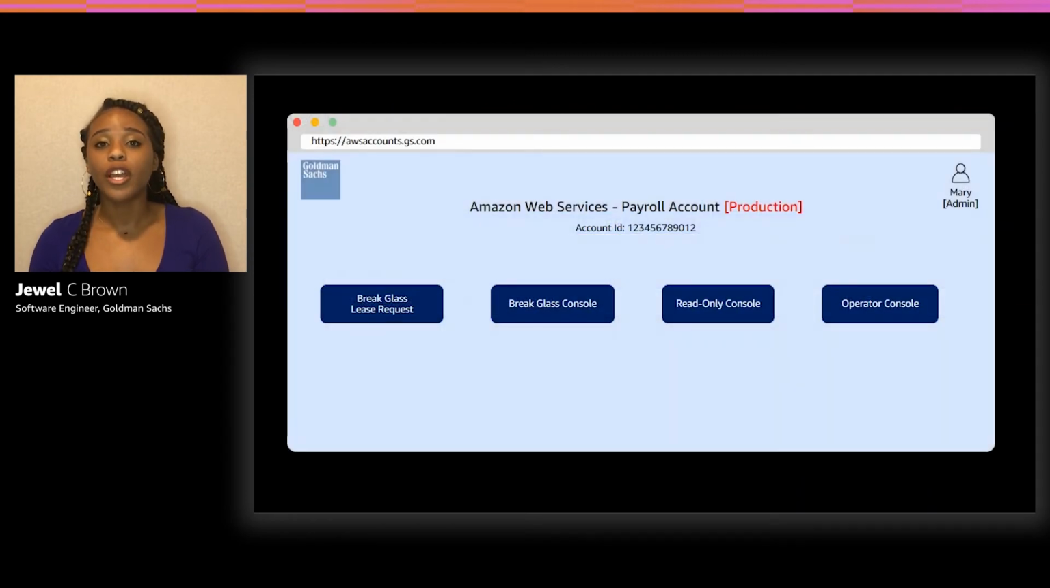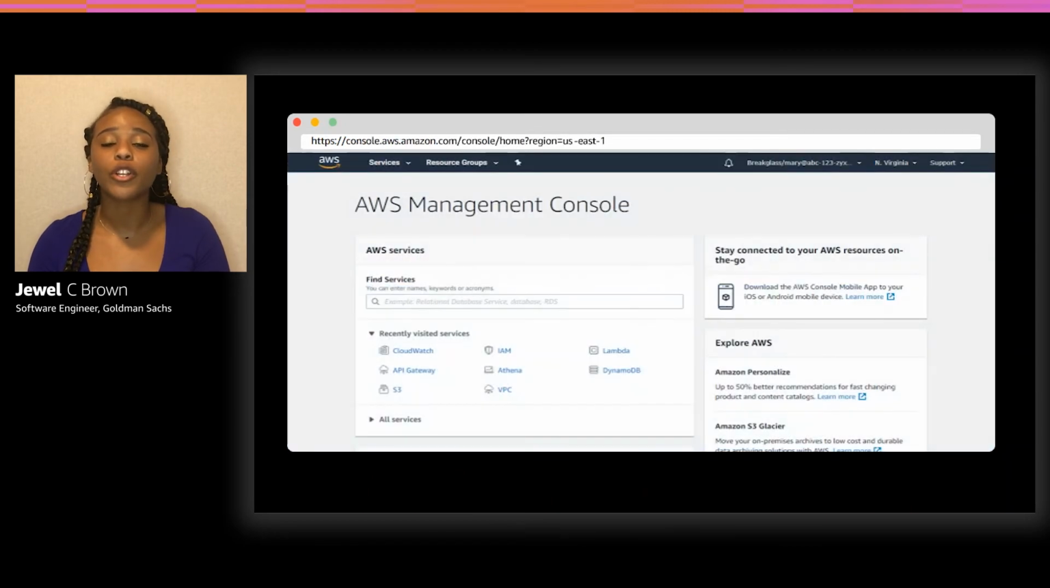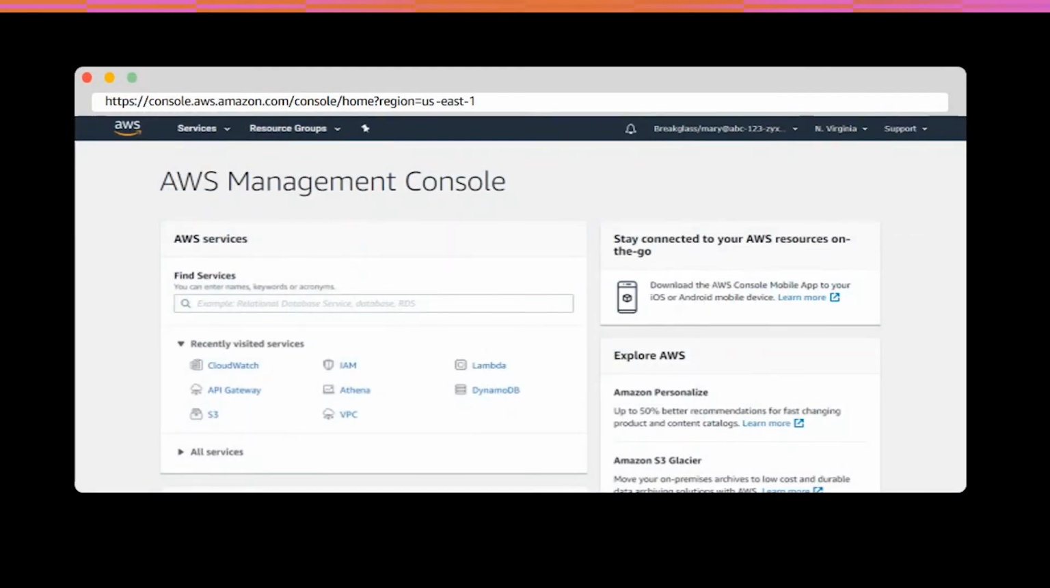So now that Mary's request has been approved, let's continue on with our user story. Now when she goes back to our demo UI and clicks on the break glass console, she's going to get access into the account because our internal identity provider has seen that she has an active lease. So now that we've walked through how an admin break glasses here at Goldman Sachs, we can go in and look at our full architecture for this break glass